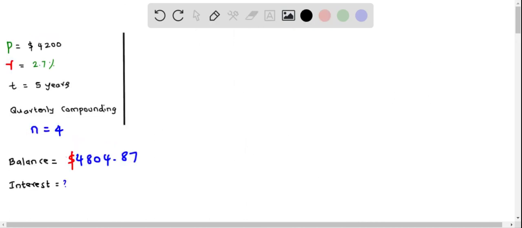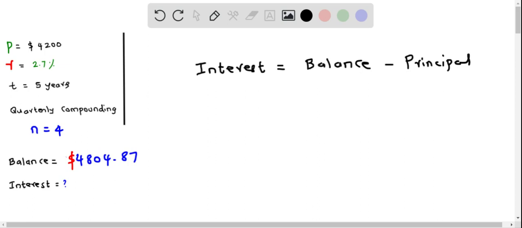Now we calculate the interest using this formula, that is, interest equals balance, that is the amount after 5 years, minus the amount deposited at the beginning. Or we say here this is balance minus the principal amount. So the balance is 4,804.87 dollars after 5 years, minus the principal, which is $4,200. So I put $4,200, and when we do this subtraction, we get